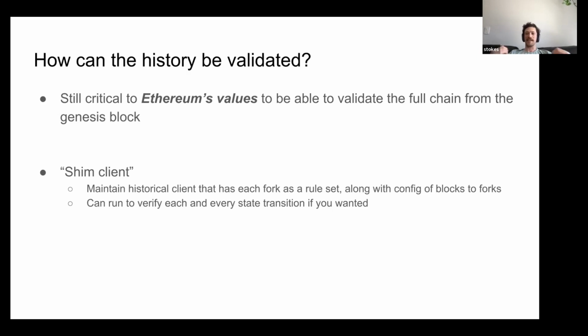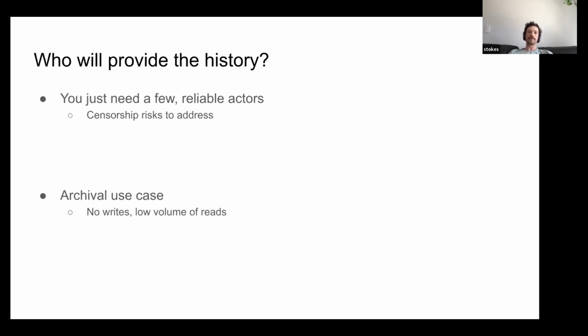And you could say, here's a chain, even if it takes you a week, just sit and do it. And then at the very end, tell me what the state is. From there, I can hopefully get to a more recent state, and then there are other techniques we can employ to figure out whether, given this recent state, it links up with what I think the head of the chain currently is. That's basically what this says here. So there's an answer for how the history would be validated, and basically it's just providing the software to do the re-executions.